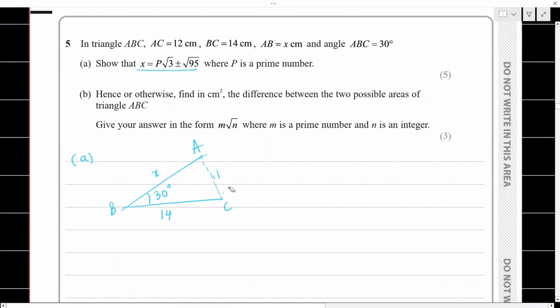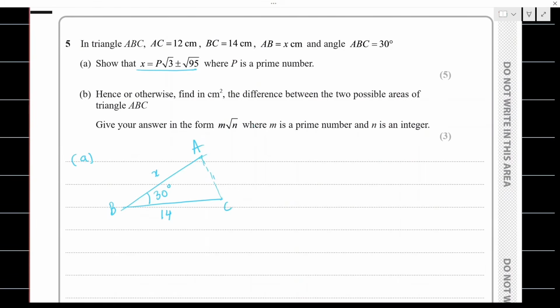So this is a rough sketch of our triangle ABC. Now from this triangle, I can see that in order to find the value of x, I can use the cosine rule to form an equation using our information given. So I can write by cosine rule,